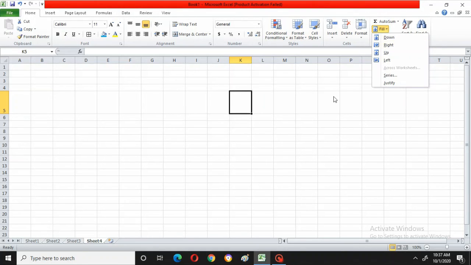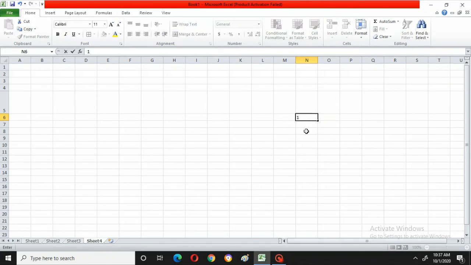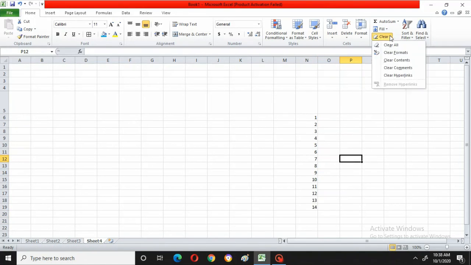Fill is nothing but how to fill the numbers. See, I will show you. I'll select 1. I will fill the series, right? And after doing this, select both the cells and bring your mouse pointer to that corner, and you can see the plus sign looks somewhat different. Now press the left mouse button and drag it down. Can you see? It's filling. Okay, this is called filling. Next, if you want to clear, you can clear by selecting all these things. You can clear all. That means everything will be wiped off.